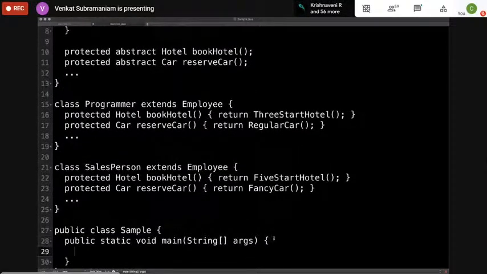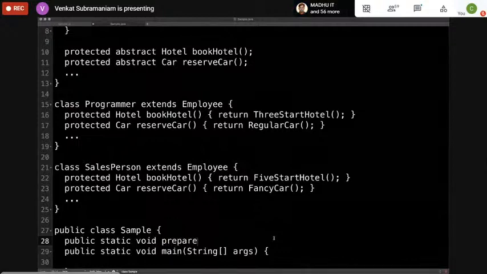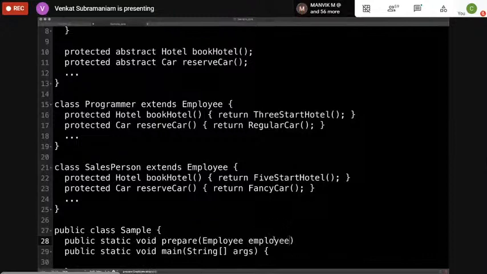So the point really is, now let's understand how this actually worked. I can go back to the code and say, employee. And so, let's get back for a second. I'm going to go back here and say public, let's say static void prepare, let's just call it prepare. And this is employee, and I'll just simply send an employee right in here.